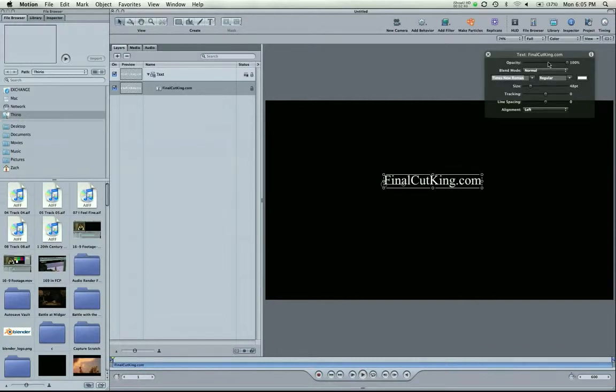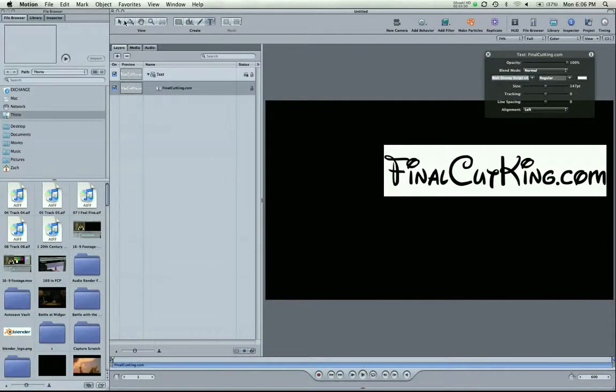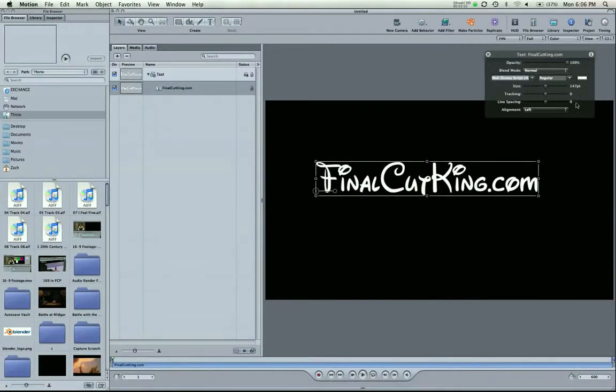I can do a bunch of things. Opacity, that's simple enough, moves down. Blend mode, we can get into that later. We need other objects to show what those do. Here's where you can change your type. I'm going to hit Walt Disney script, and you can see if I bring the size up, it's Final Cut King, Walt Disney. I can change the color here by selecting this box,